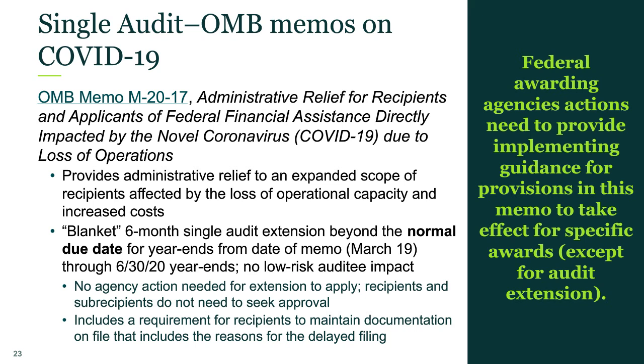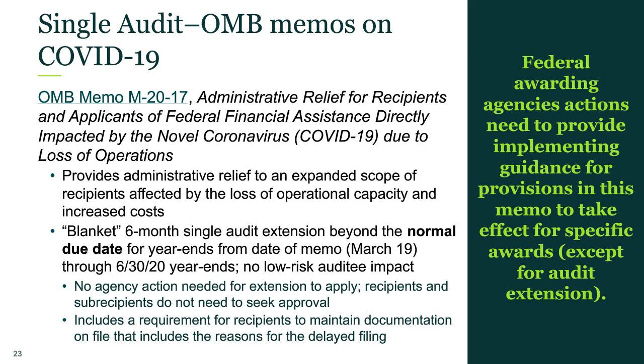What is different from the other memo that I mentioned is that it provides a blanket 6-month single audit extension beyond the normal due date from year end from the date of the memo, which was March 19th, through the June 30, 2020 year ends. These extensions are provided, as I mentioned, as a blanket extension. So essentially, all entities have this extension, and it will not impact your low-risk auditee. So if you do use this extension, document it and just be aware that it's not going to impact that low-risk